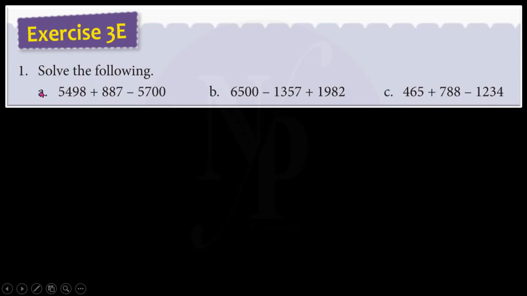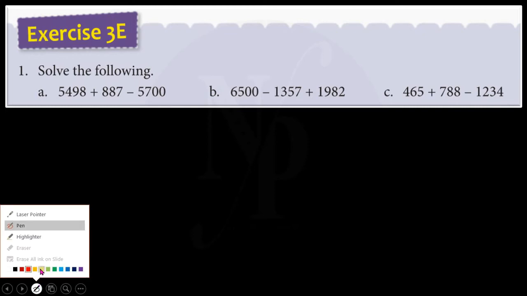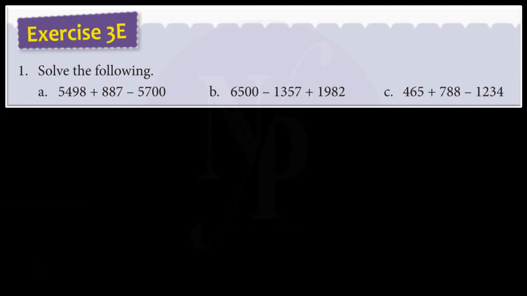In question 1, we have sub question A, 5498 plus 887 minus 5700. Let us solve this. Solution for 1A. First let us add the first 2 numbers, that is